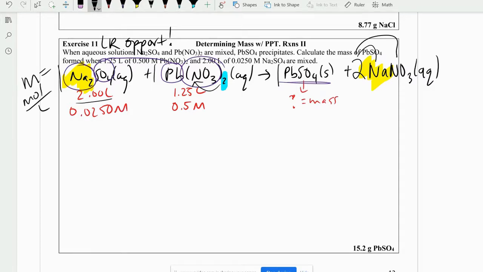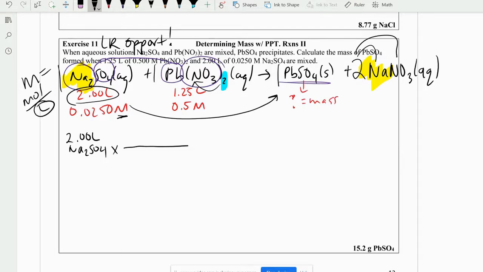Now, look at what they also gave us. They gave us the volume of this aqueous solution we're mixing with the other substance. We're mixing in 2 liters. Wouldn't it make sense then, just follow my logic here, I've got 2 liters of this sodium sulfate solution. I'm going to go ahead and do some stoichiometry, guys, and my end goal is to figure out how many grams of the product are going to form. So check this out. If I know I have 2 liters of this particular substance, and I know the molarity, where liters is in my denominator, I know that for every 1 liter of sodium sulfate there is going to be